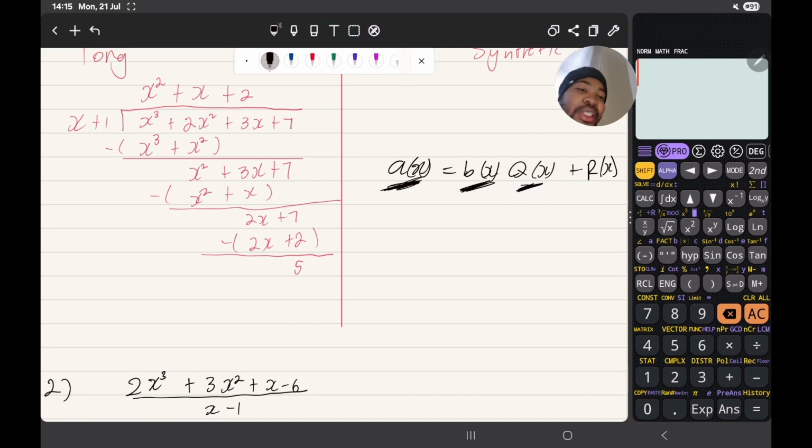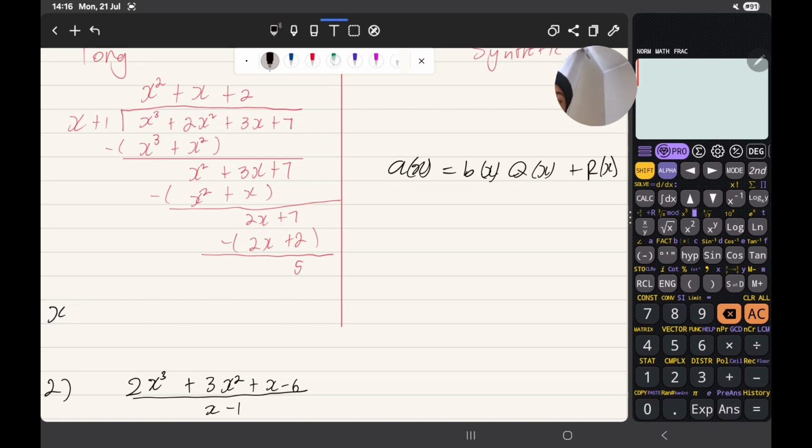Yeah, the quotient, right? I don't know how to explain this one, but yeah, the quotient, and then your remainder. And of course the quotient is there on top. So let's go. You would say